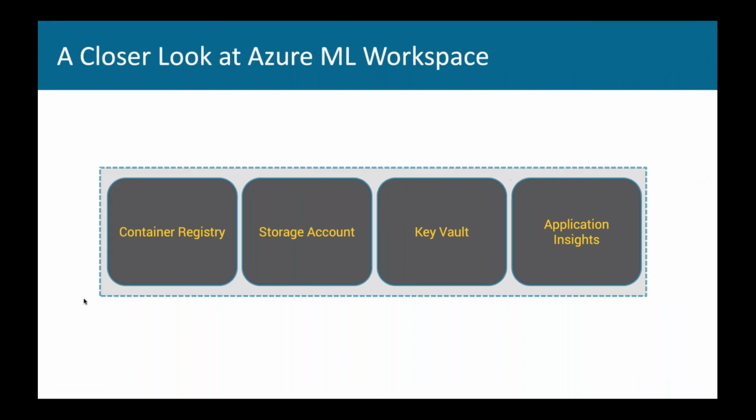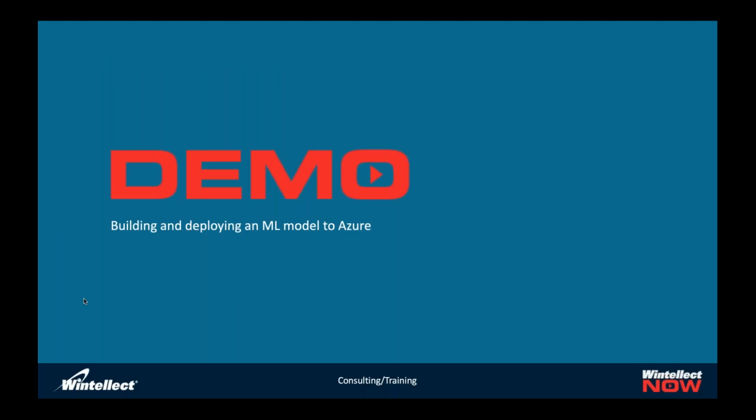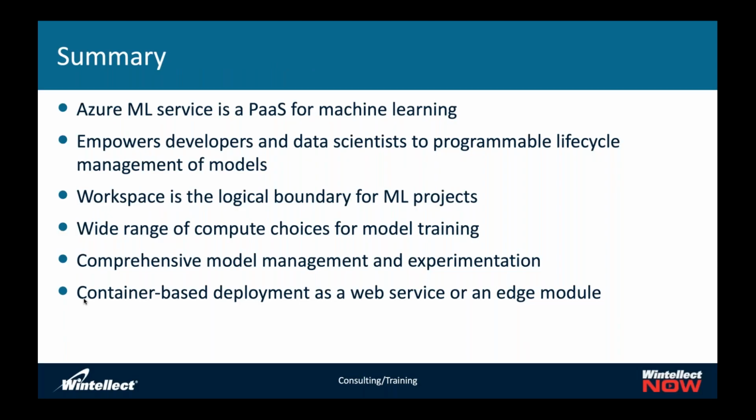So to summarize what we have built, an ML model based on scikit-learn, we trained the model locally, then we took help of Azure ML experimentation to log the metrics. We registered the fully trained model with Azure ML as a container image, and then we launched the container image on ACI for serving. So to quickly summarize, we are at the top of the hour, we are running out of time,